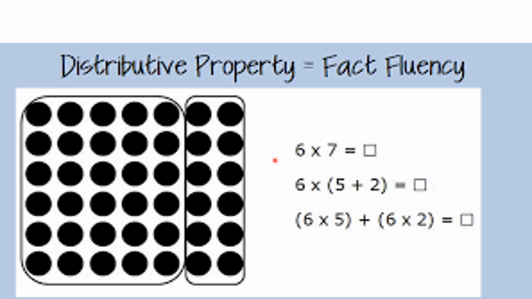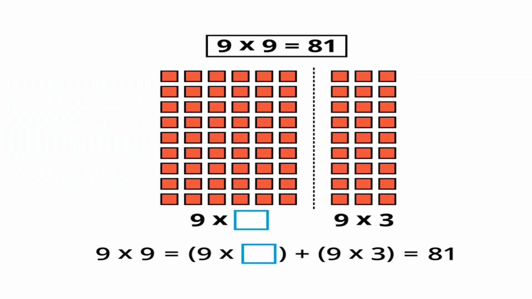Again over here, 6 into 7, find out the answer. This 7 is written as 5 plus 2. So you find out the answer. Here also you have to find out the answer. Same. 9 into, how many columns are there, that you have to write. Sorry, this total is 9 into 9 is 81, and you have to find how many columns are there and write it. Here it is 3 columns, so it is written as 3. So you have to find the number of columns and write the same over here and find out the answer.